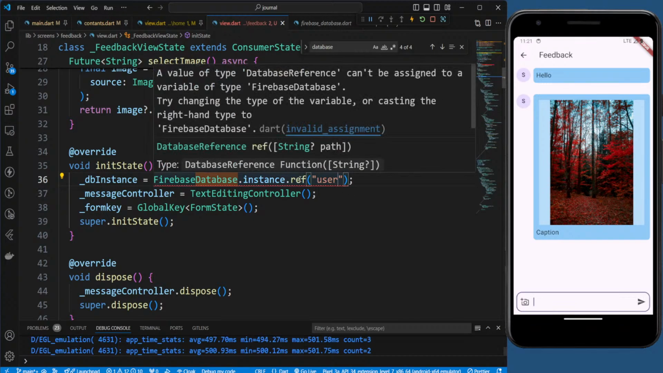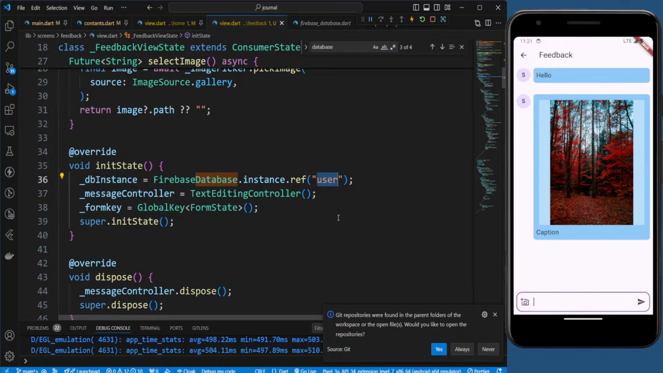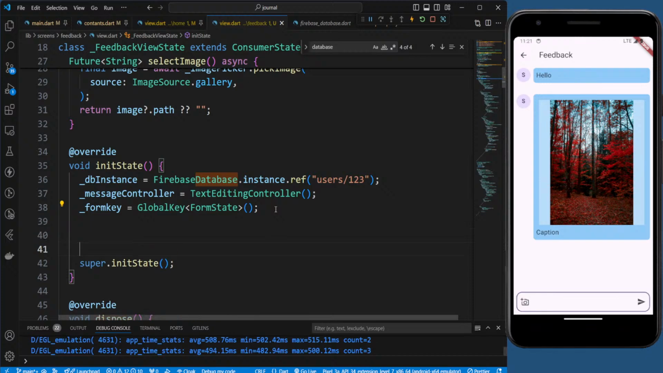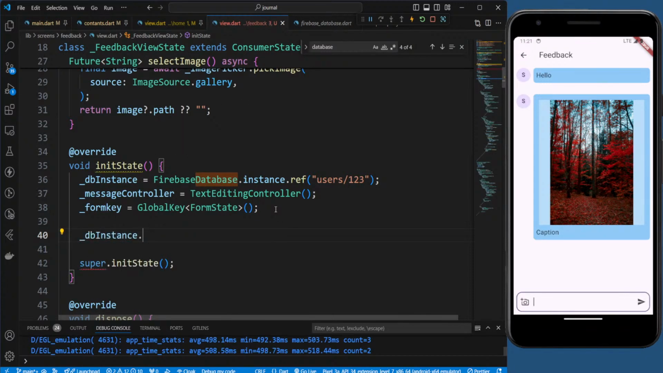Okay, so this will give us a database reference. Let's directly initialize the database reference itself. So it will be users, and let's put an ID 1, 2, 3. Okay, let's see what this does. So you get this. Then using this db instance, what can we do? We're just checking. Okay, so db instance dot